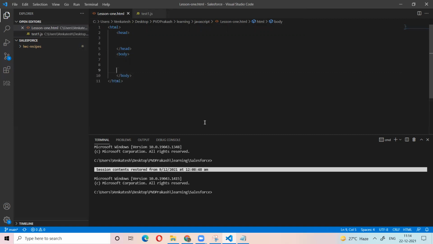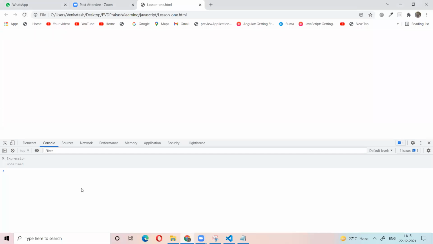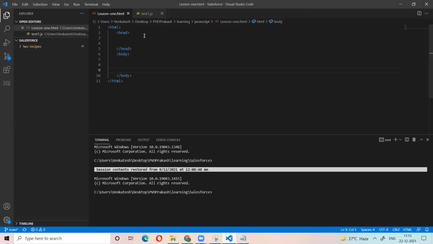Now this is plain HTML. There is no JavaScript code. So if we run that file, nothing will happen. Nothing will print in the console or in the browser. But we write the JavaScript in the external file. In the .js file, we don't use the script tags because it is not an HTML file. So we can write our JavaScript code directly here. Our JavaScript code is here, and our HTML file is here.